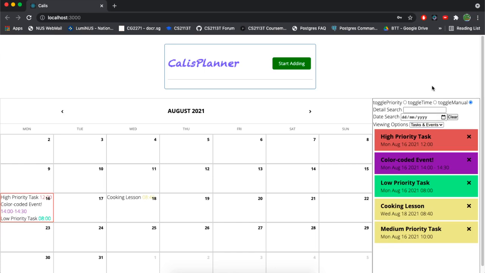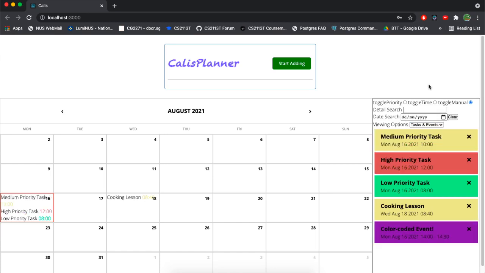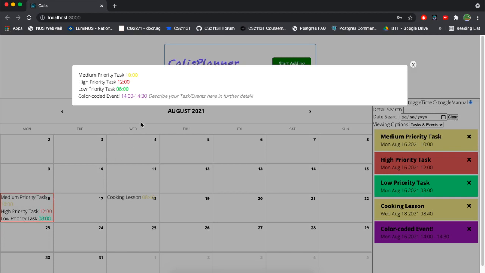At the bottom left hand side, you can see there's a calendar grid which offers you a macroscopic view of your activities. And you can toggle between the different months. And if you click on a single grid within this calendar view, you're able to view all of the tasks or events for that particular day.